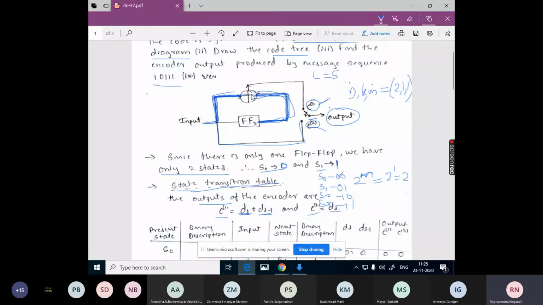Both are influencing the output C1. If this value changes, the output will change. Like this, they are having their influence on the output C1.